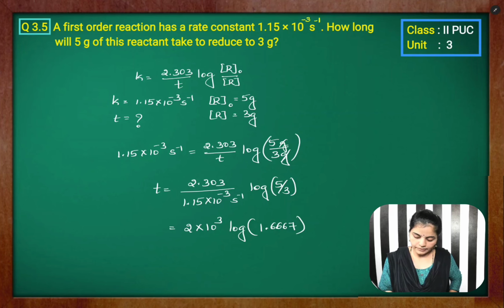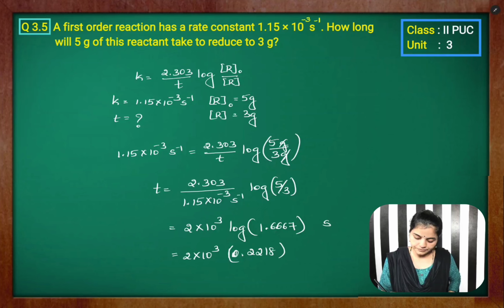1.6667, and the unit per second which is in the denominator, when it goes to the numerator, the unit will become second. So we need to find 2 into 10 to the power 3 into log of 1.6667. So this log value you need to find using a log table. So the value of log 1.6667 is